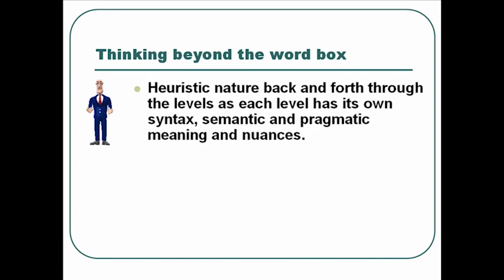Continuing our discussion of thinking outside the word box, there's a kind of heuristic nature, and I think one fellow described it as a hermeneutical spiral, where you go back and forth on the different levels. In other words, you've got individual words and they mean certain things generally. You use the context then to eliminate the higher order things of what type of literature is being discussed. You use the higher level orders to help refine the meaning of particular words. And then the refined meaning of the particular words impacts how you understand the bigger units.